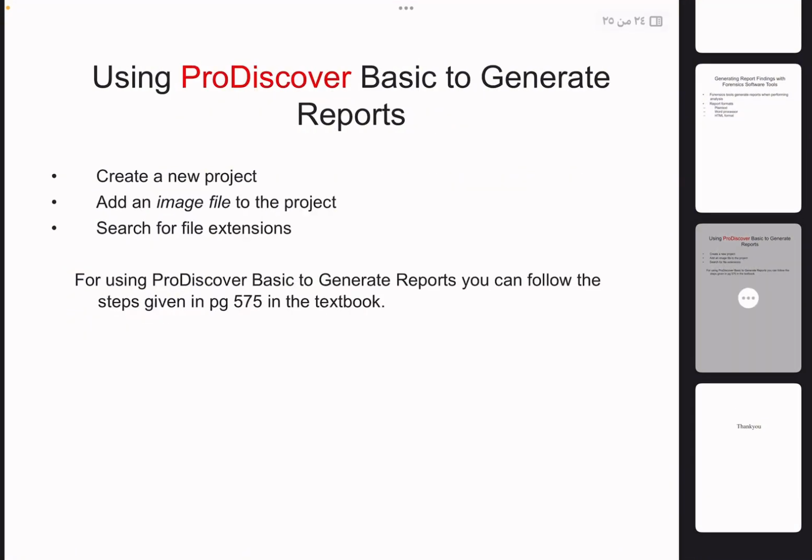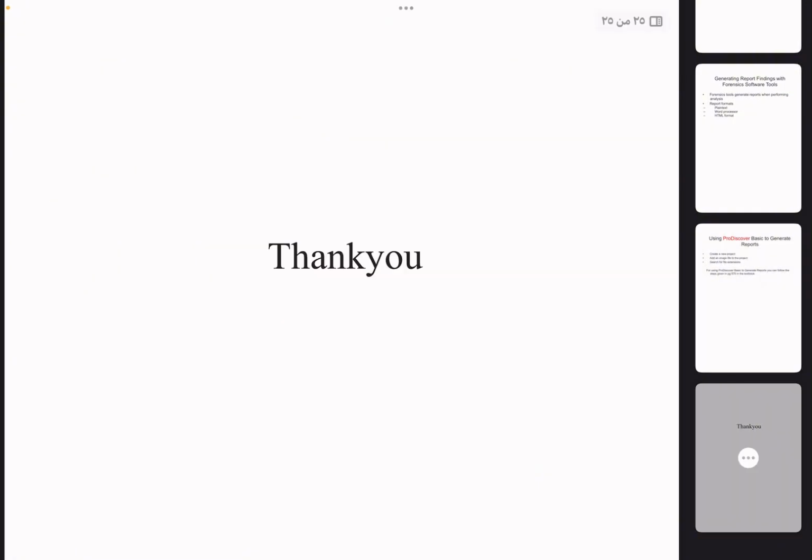Using ProDiscover Basic to generate reports: create a new project, add an image file to the project, search for a file extension. For using ProDiscover Basic to generate reports, you can follow the steps given on page 575 in the textbook.